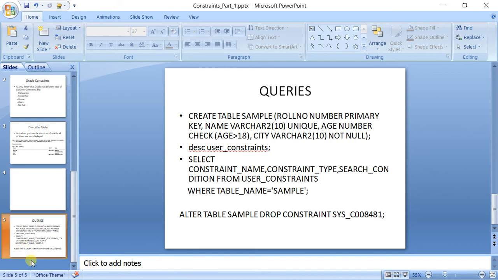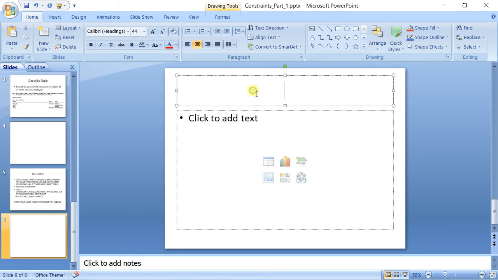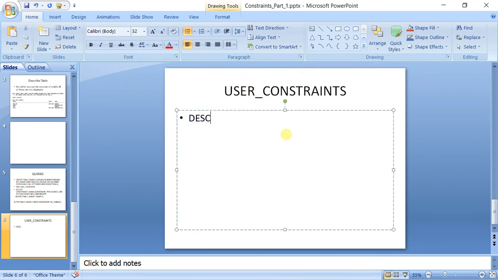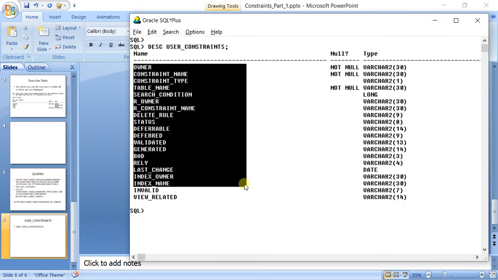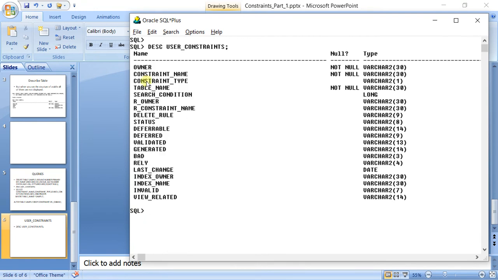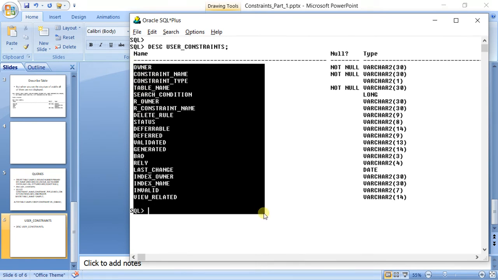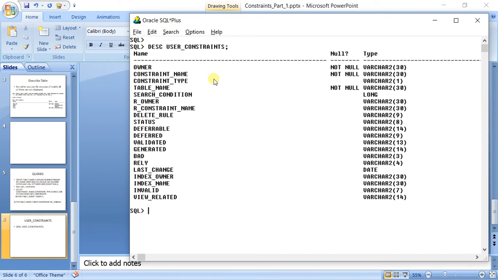For that, you type describe user underscore constraint. And as you have seen, a number of columns are displayed. Now all of these columns are not very useful, so we will use only a few columns.